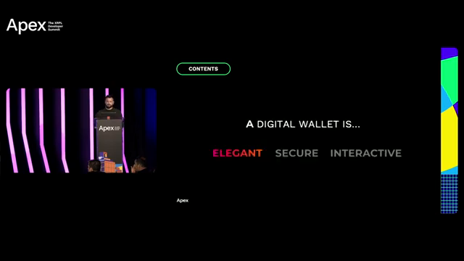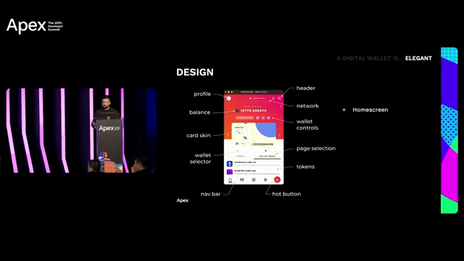We'll first start with elegance. So here's the home screen for Crossmark. As you can tell, it's a browser extension wallet with a pop-up window. So we're in a pop-up window here. Up in the header, you'll see an icon for your profile, a profile indicator. You also have a network